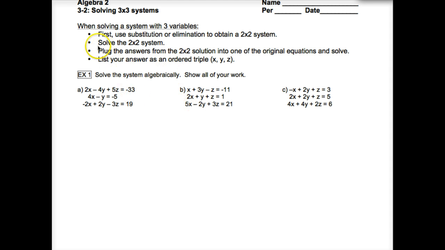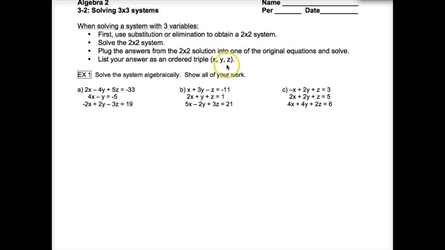Now, the steps for solving a 3 by 3 system is first, we need to either use substitution or elimination to get ourselves down to where it's a 2 by 2 system. So we basically need to get rid of one of the variables by either substituting or eliminating. We're going to then solve that 2 by 2 system because that'll give us the answers for 2 of our variables. So we might know what x and y are, or we might know what x and z are, or y and z, but we'll know 2 of the 3